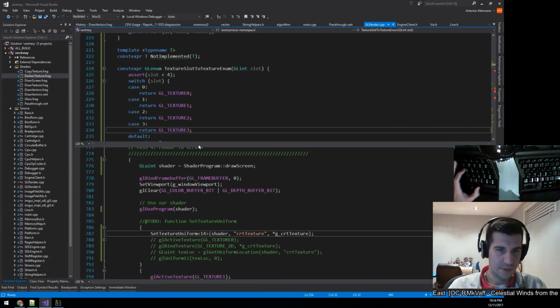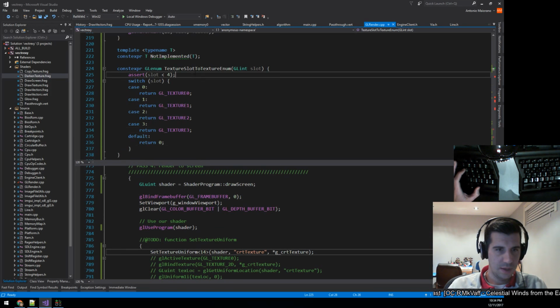What a mess. Okay, whatever. I'll leave the assert in there so that it will fail at runtime if we ever do the wrong thing. In fact, I won't do this. I'll just do assert false and put that in the